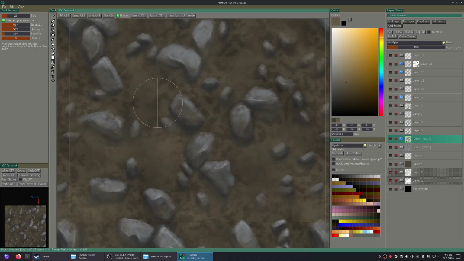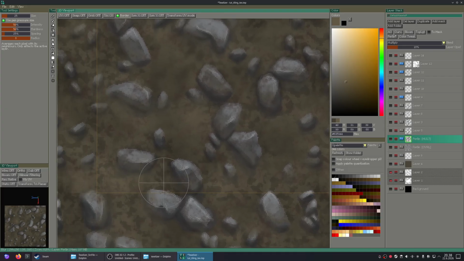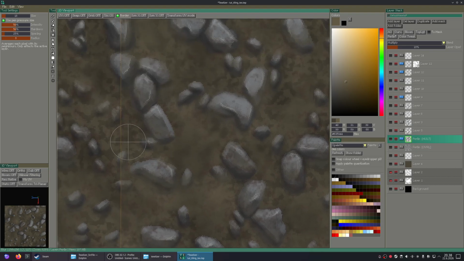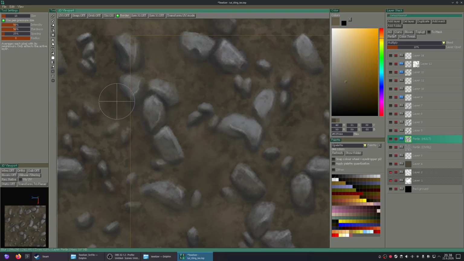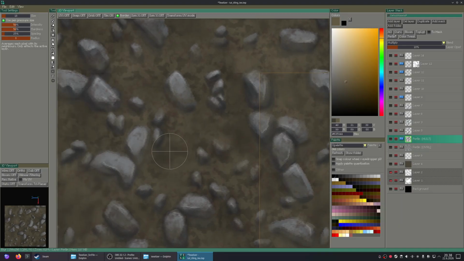A bit more radius. Or a lot more radius. This would probably be best when it is around those rocks, so I'll try to erase the parts that are not around the rocks.